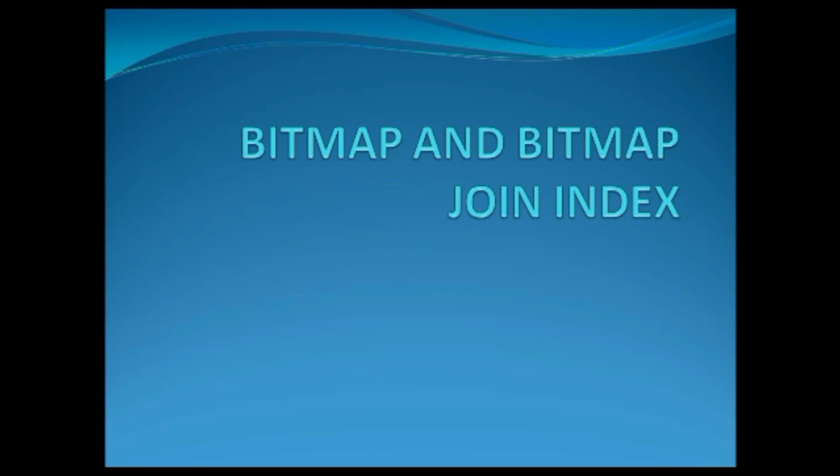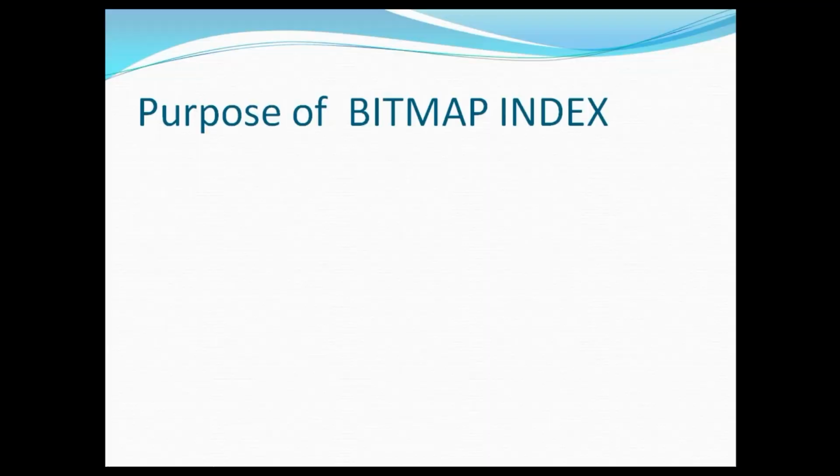Now let's understand what is the purpose of bitmap index. Bitmap index and B-tree index share the same purpose, which is to expedite the performance of queries. So for example, you have a table in your warehouse or database that has millions of rows, and there are certain queries that access a few columns on a regular basis, maybe in your reports or in your ETL process. You want to index those columns so that you get performance benefits in your queries.